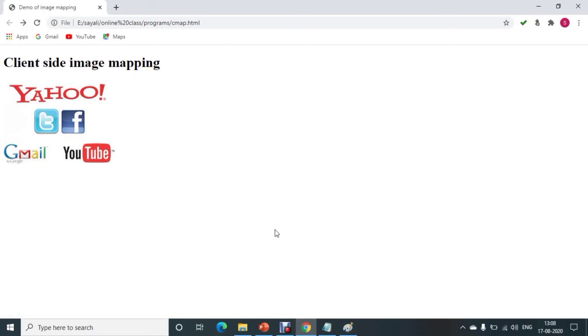In this way, you can use image mapping by using different tags like the IMG tag, map tag and area tag with their different attributes. To specify that it is client-side image mapping, the attribute used is the usemap attribute. Now open or download any such kind of image.